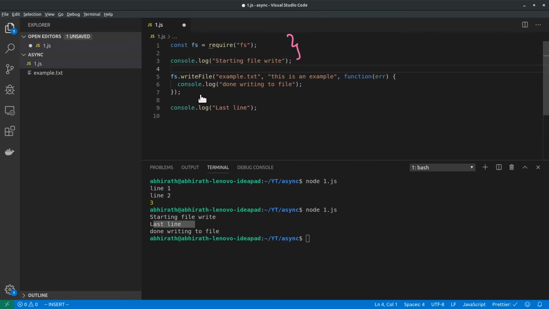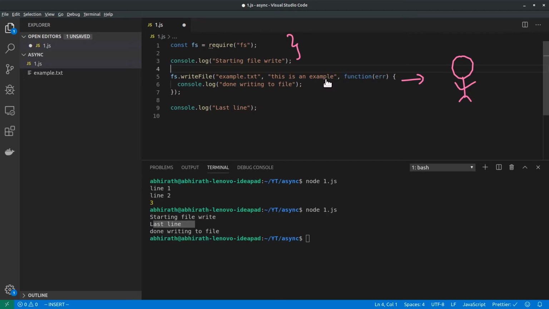JavaScript then comes to line number 5. It thinks to itself, this is a file operation and it's a little time consuming. So what do I do? It outsources this task to its friend. You can call this a friend, a subordinate, or whatever. JavaScript tells it to finish this task and come back to it when it's done.